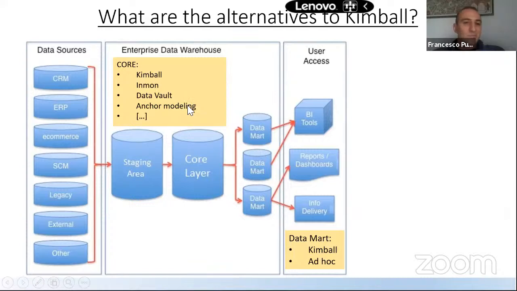So basically, everything is using either Kimbo or ad hoc, meaning that if you want to make a query on the data vault in the structure of hub and spoke, you write complex code in SQL, and you manage it. So what is existing today, to my knowledge, in the market, I'm checking if someone is writing something in the chat, is either the dimensional modeling of Kimbo or the ad hoc.